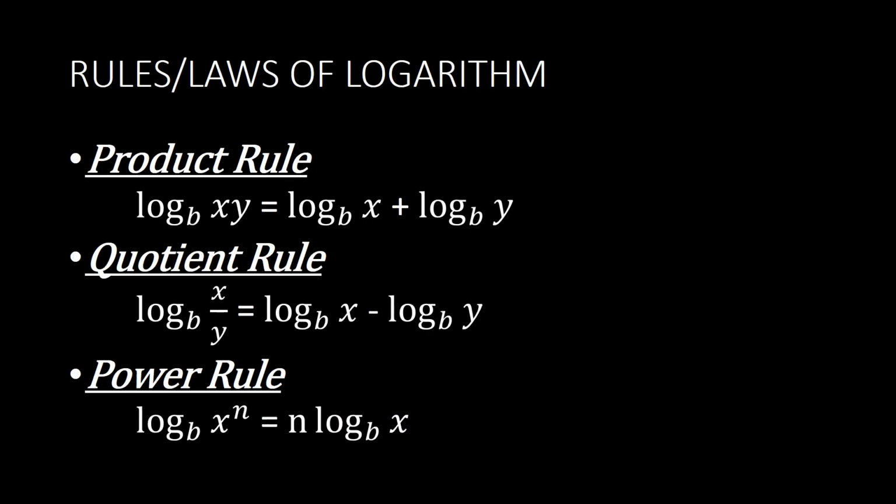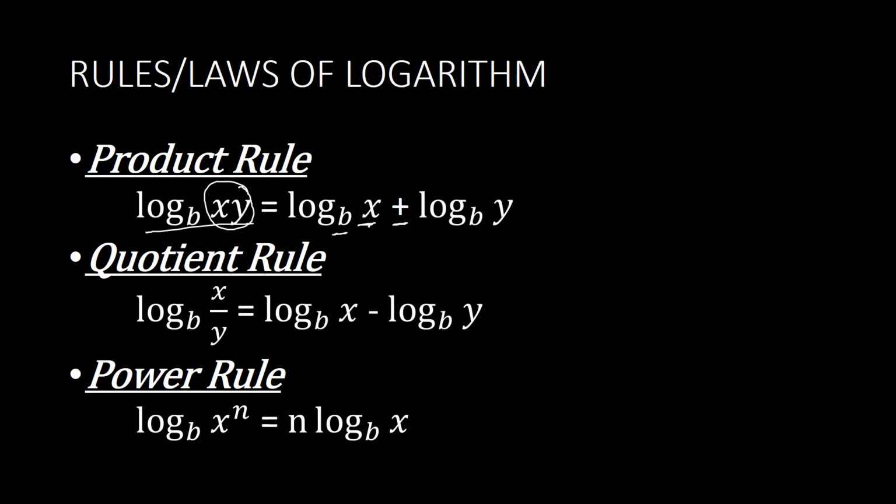So let's start with revisiting our rules or laws of logarithm. So we have actually three rules or laws of logarithm that we need to consider. We have the product rule, in which once you have a logarithmic expression in which this number here is expressed as the product or in terms of multiplication, then we can expand that one into log of the first factor, which is x, to the base of b, plus log of y, which is the second factor, to the base